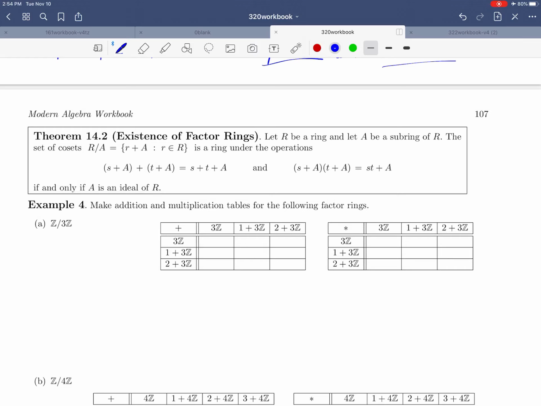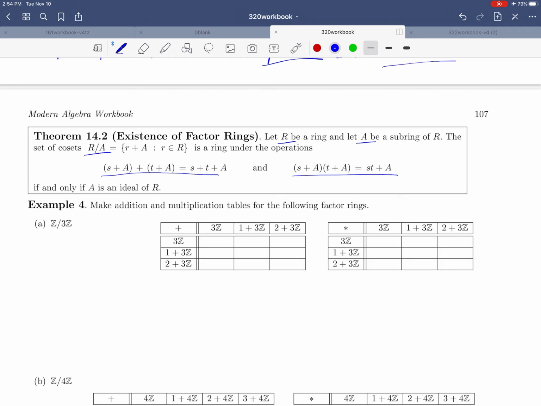All right, finally we are ready to look at factor rings. Let's look at Theorem 14.2, existence of factor rings. So we have a ring R and we have a subring A. Then the set of cosets R mod A, defined as r plus A for r in R, is a ring under the operations of addition and multiplication, the way that we want it to be defined, if and only if